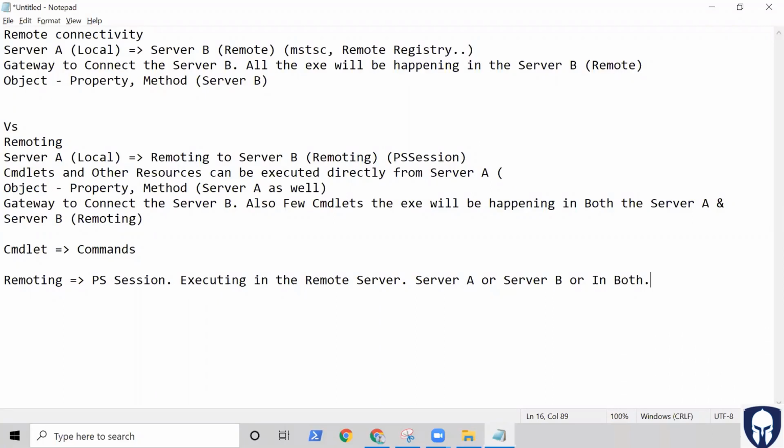Now, this applies generally everywhere. Whenever we say remoting, this is the concept, and this is how it will work anywhere. This server B can be an on-premises server, like Exchange, Active Directory, or Skype for Business, or anything else, let's say SCCM, SCOM, all those things. And it can also be cloud computing, Office 365,